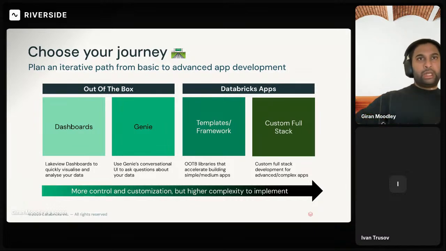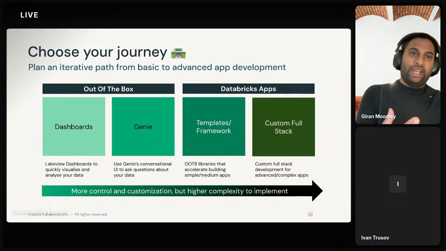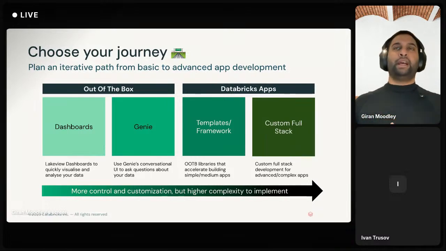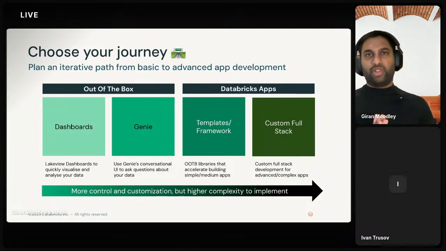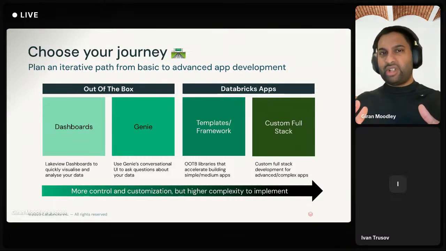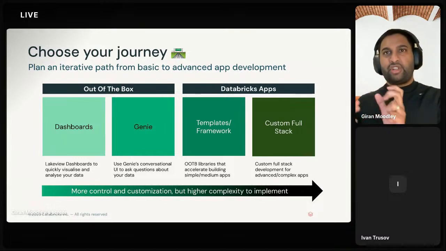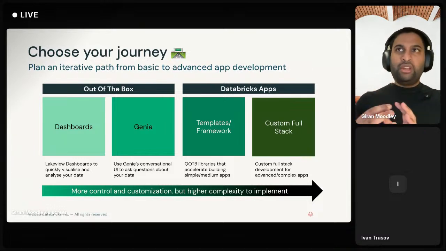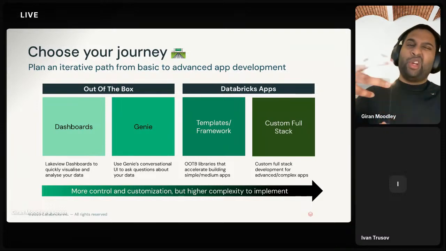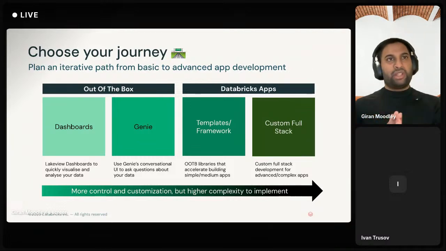But when it comes to building a bit more complexity, where users want to interact with that data and get things back in a bit more real time, this is really where apps comes into play. To do this, we offer two main routes. The first simplifies things by using out-of-the-box templates and frameworks to build that initial data application. Then, as you decide to get more complex in terms of what you need, you may want to start looking at things from a full-stack perspective. We'll talk about that a little later on, but again, it's all about choosing the path that makes sense to you.